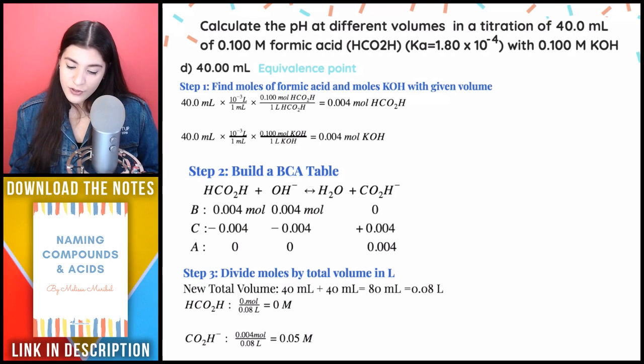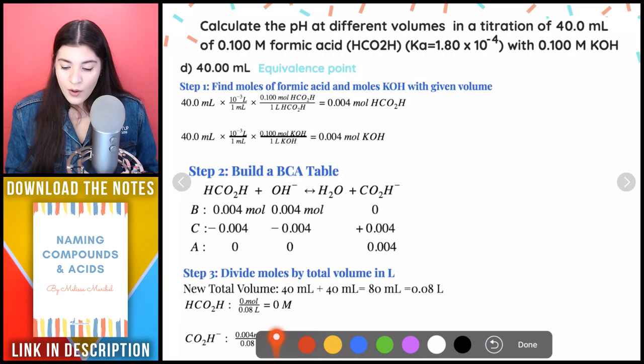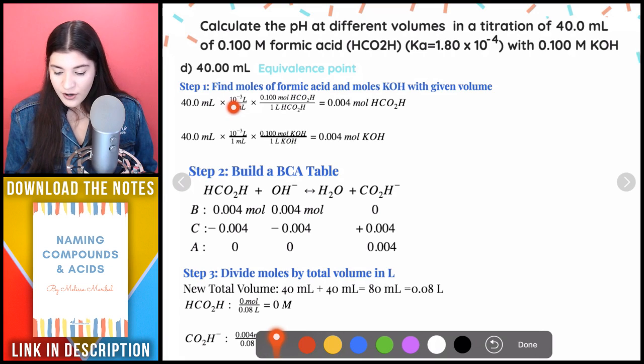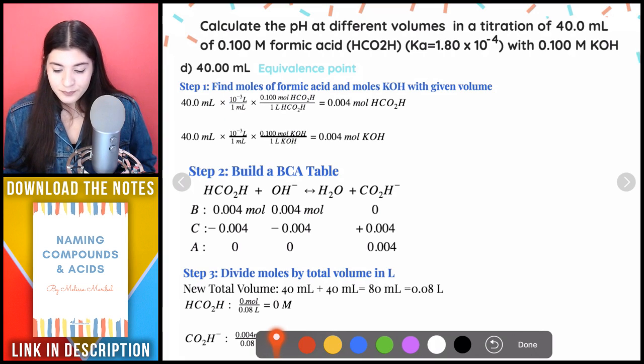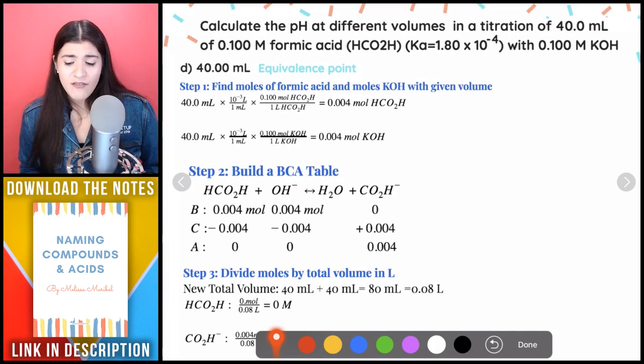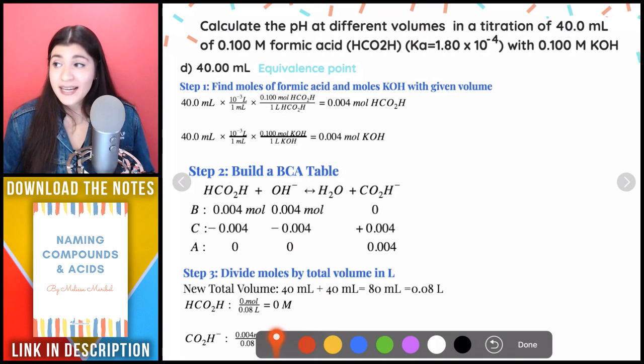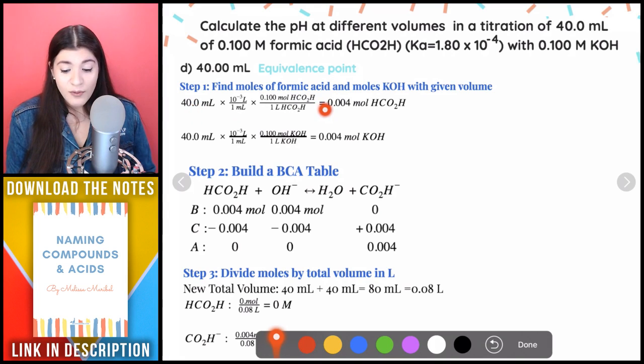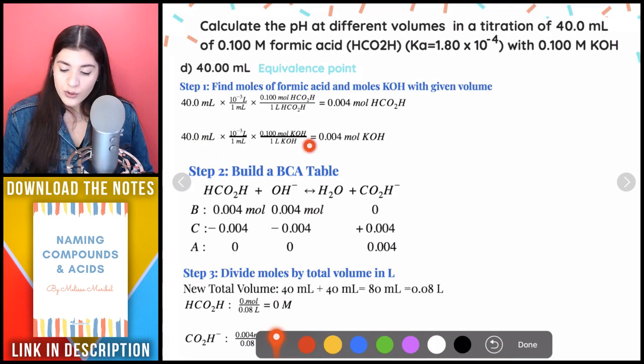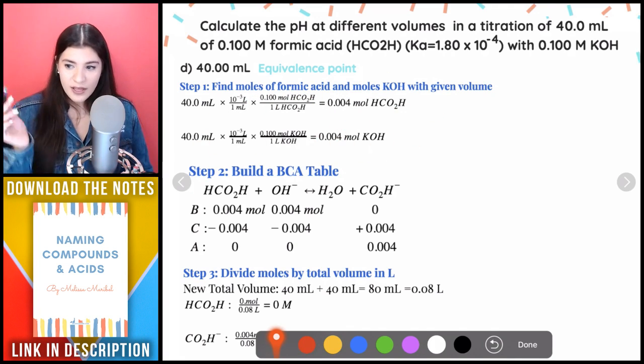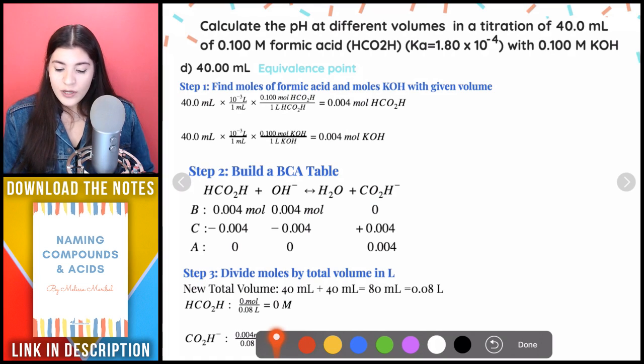So for the equivalence point, what I would do is the same concept, where I'd try to figure out how many moles I have of my acid and how many moles I have of my base. That's what the setup would be here, right? We'd have the moles of our acid that we would solve for, the moles of our base that we would solve for, and we related that previously. And then we use the new amount, the 40 mL of KOH that we were given for the equivalence point.